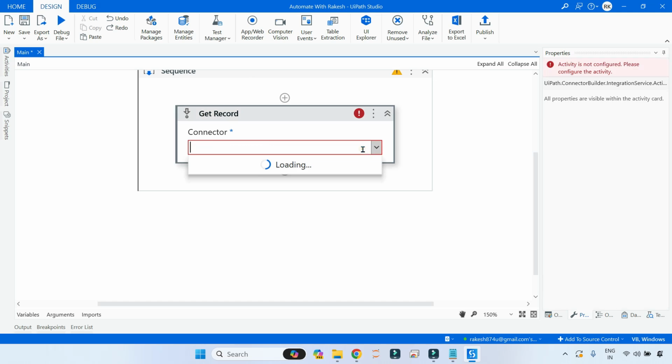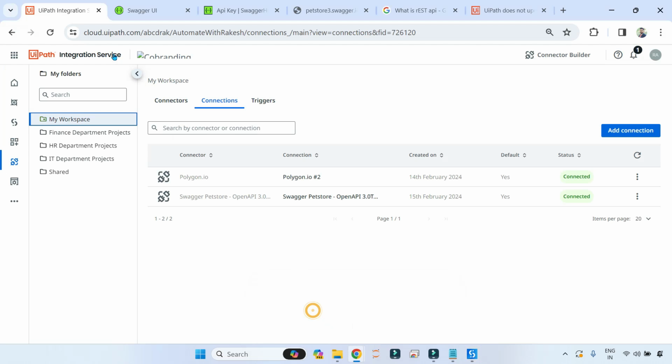After that, because you are already connected in the integration service, you are connected to UiPath Orchestrator, then automatically this is going to show you, hey, you have got 2 custom connections. One is Polygon IO and Swagger Pet Store. If you go back to your integration service,